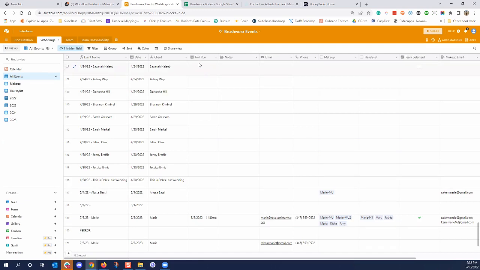So once this is updated. But the trial run won't necessarily be like, if we've got 5 artists on that event, it's probably only going to be one of those artists. Okay. Yeah, it can't go to everybody. So what if I added a trial run artist column to solidify that? So whoever you select, I'll have a column that just says trial run, right next to it. And then that'll be who you have, and then this will be who is set up with. Yeah, we could do that. Okay, so I'll do that.